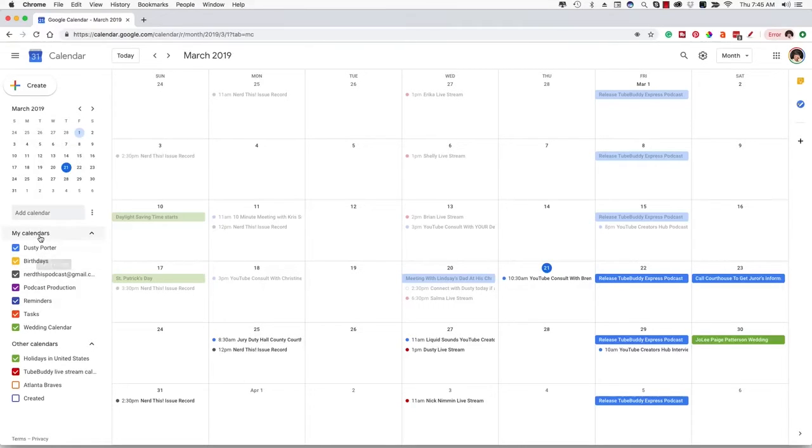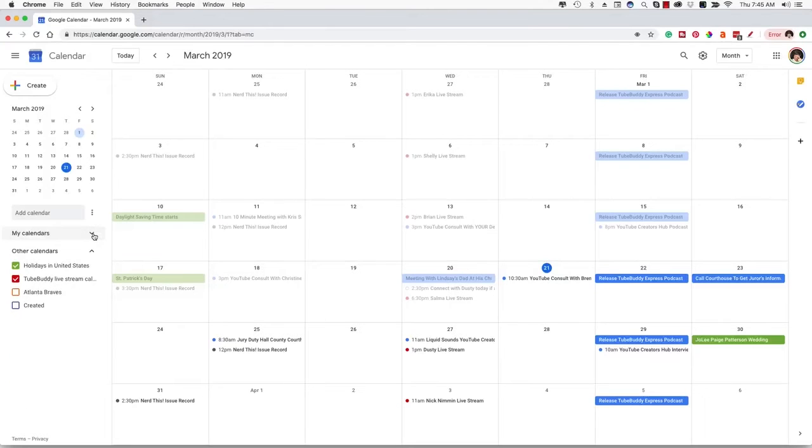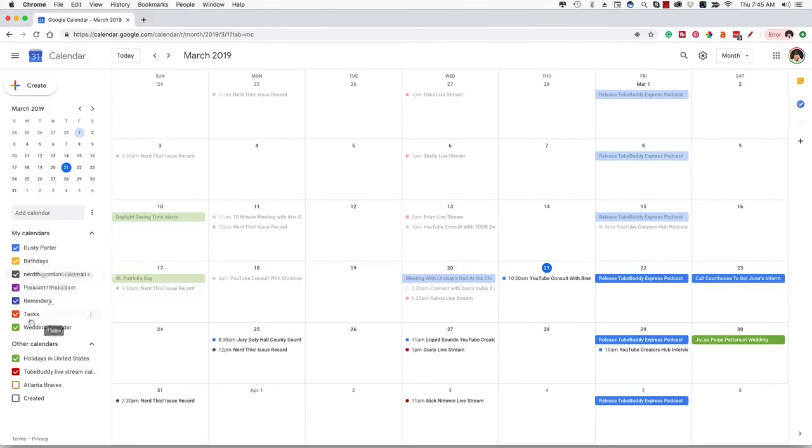Down below, we're going to see our calendars here. Any calendar that I have created or added from the Google suite of calendars will be here under my calendars. And then under other calendars, these are ones that I've added, and I'll show you how to do that very shortly from the list or the suite of calendars that Google has built in. So again, you can click the arrow here to minimize or maximize to see all of them, and then you can check or uncheck them